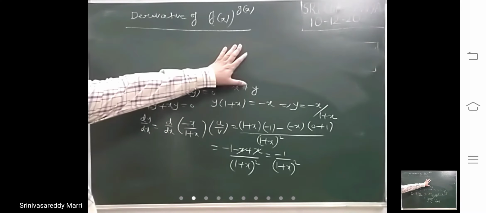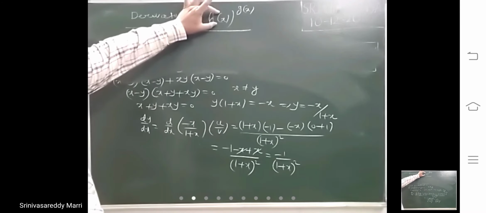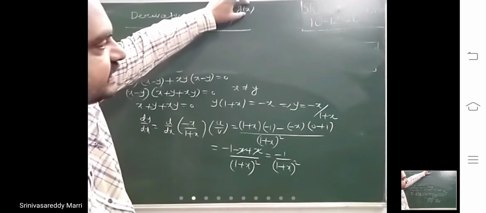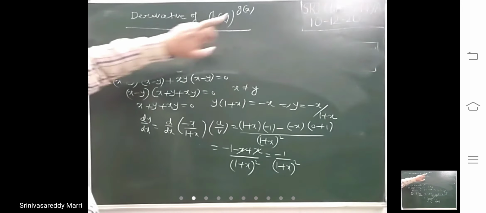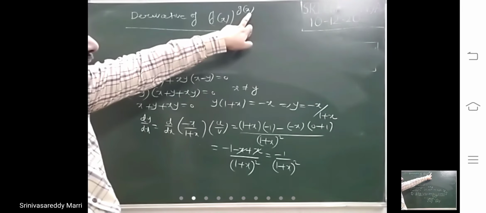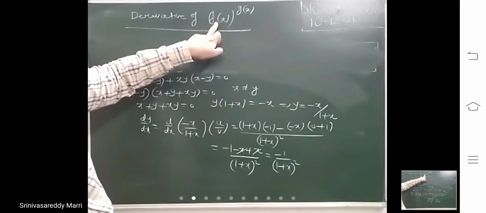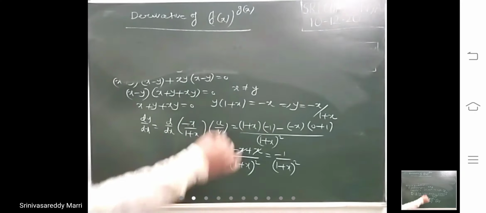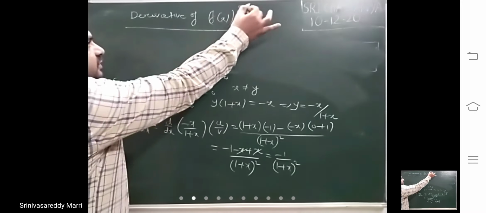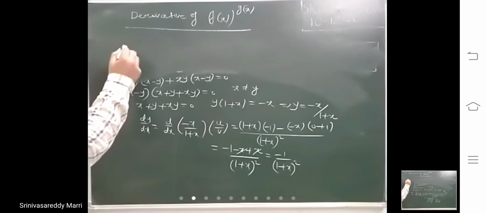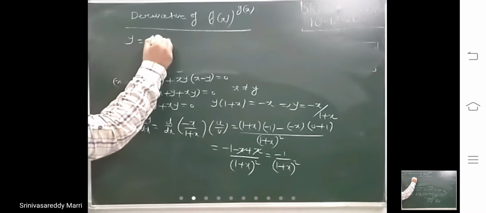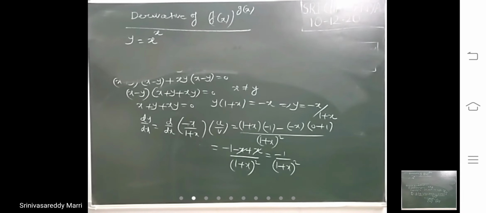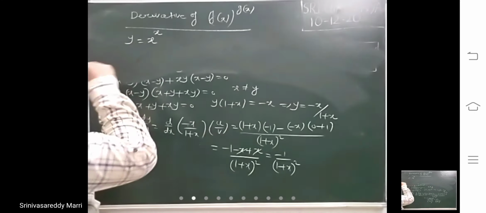Till now what we have done is, if the base is constant and the power is in terms of x, we have used the a power x rule. If the power is a constant number and the base is variable, we have used x power n. Here it is variable to the power variable. How to do it? Suppose look at y equal to x power x. Look at this, variable to the power variable.